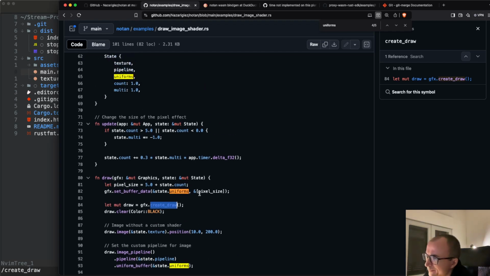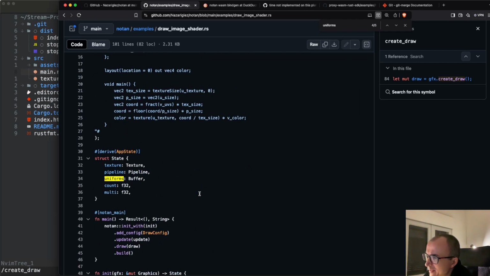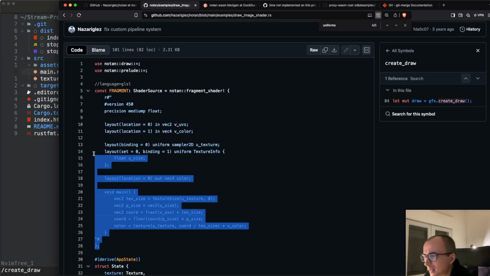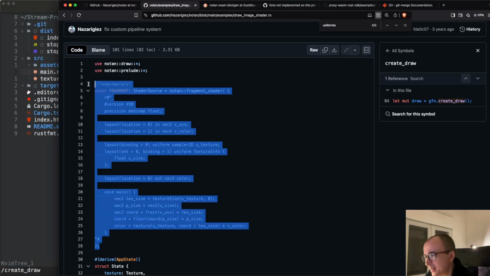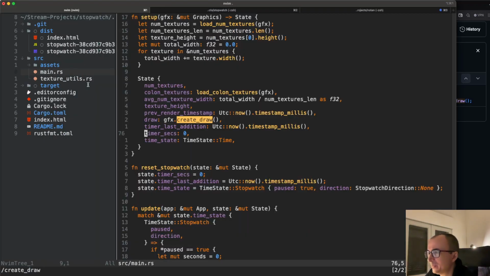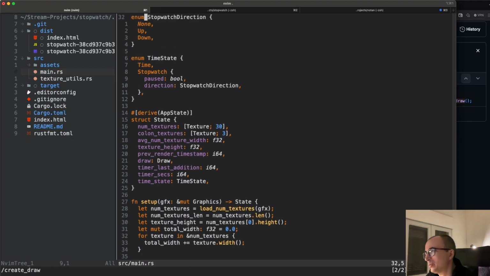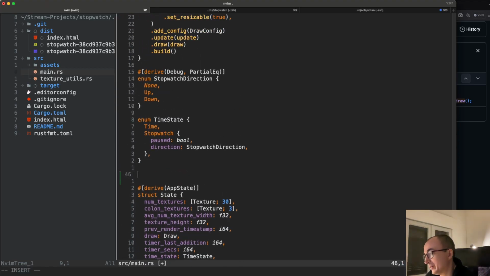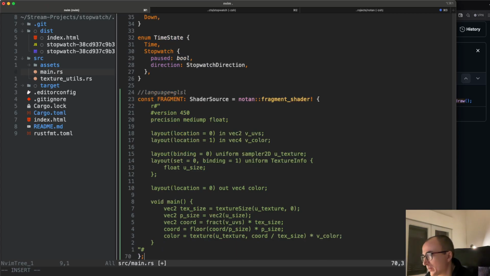So let's create it. Actually, I can use it as is, and it could be funny, because what will happen is it will make my numbers pixelated if everything works correctly. So